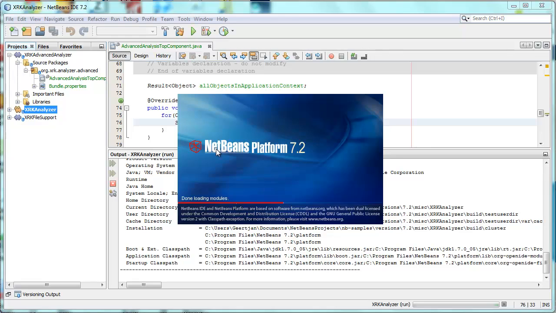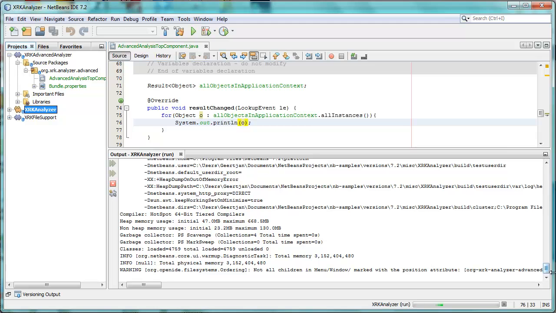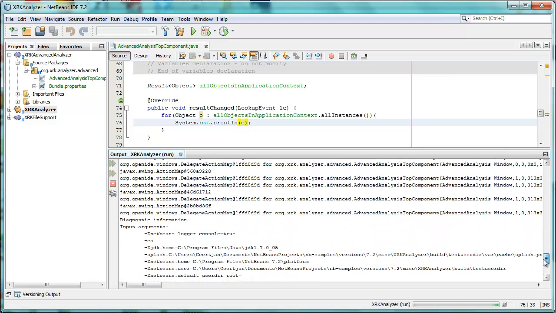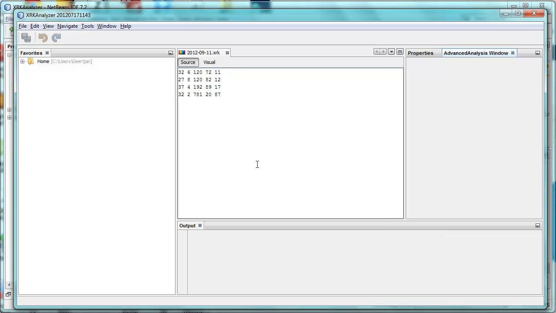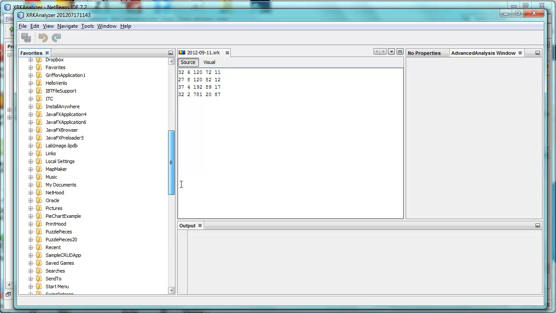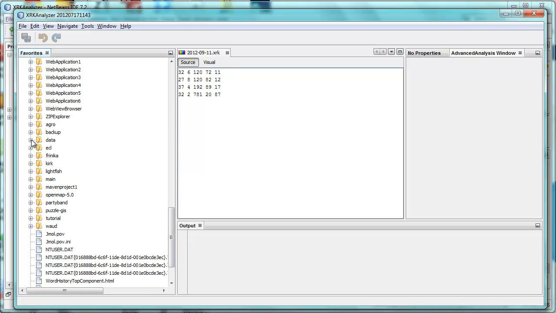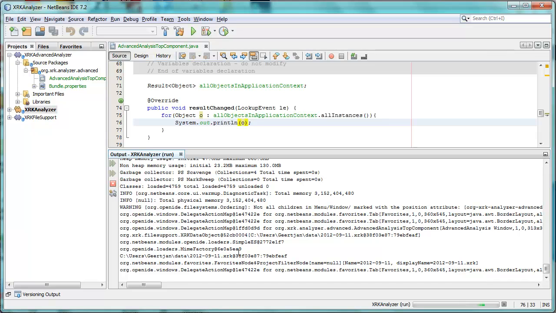Application starts up, the window is open automatically, so we should see some results already. Yeah, action map. So here are some. Okay, so let's see again. So now we will go back to our data. Okay, so this window is now listening to the application's lookup for the currently selected object. So here we go, I select this and I see here